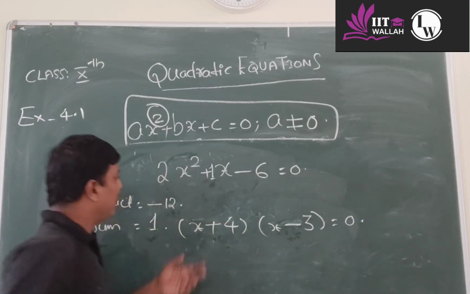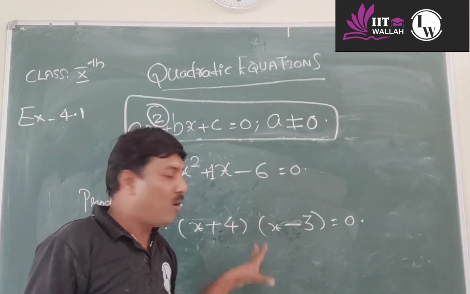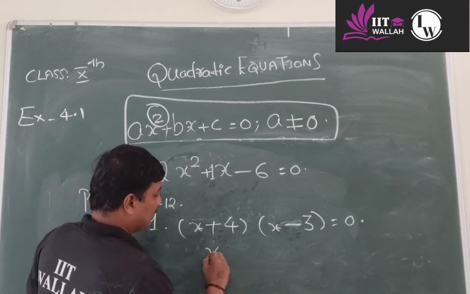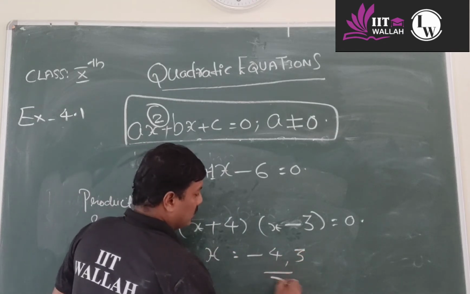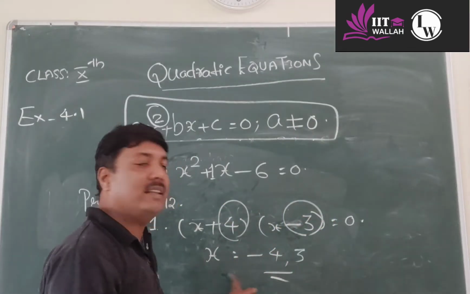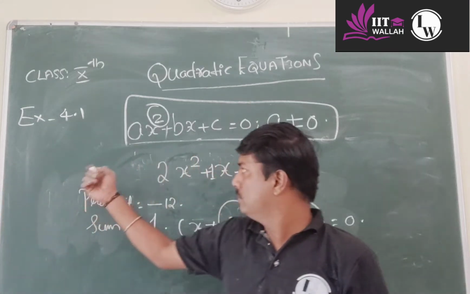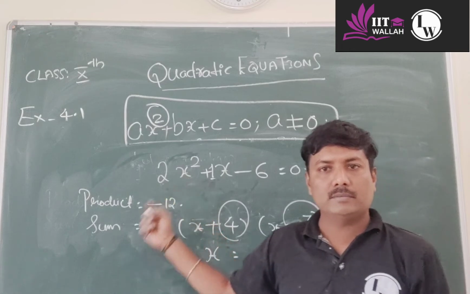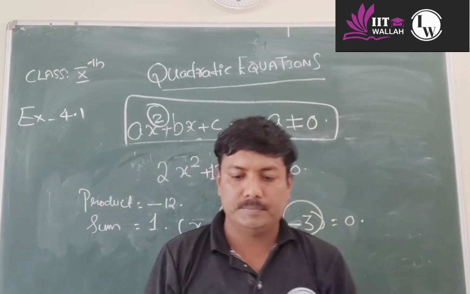See, in only one step you can get the answer if you think like this. Mentally we can get the value. x is equal to minus 4, comma 3. So here what you can see, you just change the sign and you will get the value of x, or the roots of this required quadratic equation. Got it? Understood all of you? Any doubt? No doubt, right? Good.